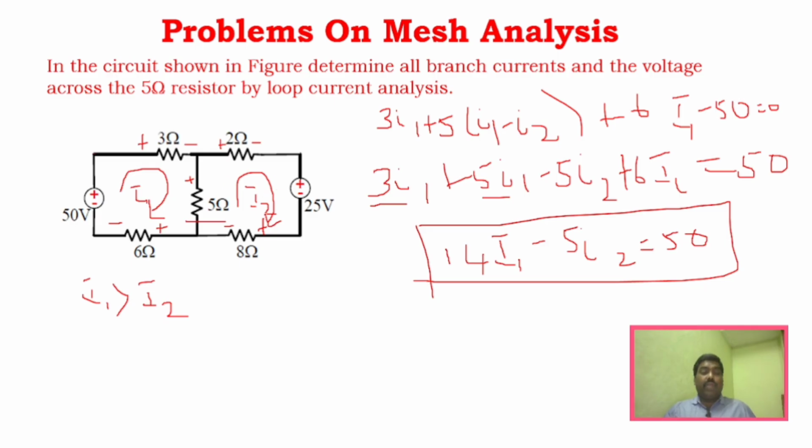Like this, you write the expression for the second mesh. So it will be plus 2I2, and we are approaching plus here, so it is plus 25. We are approaching plus here, so it will be plus 8I2. And when approaching here, it will be minus, so this is minus 5(I1 minus I2) equal to 0. Now if you simplify this expression,